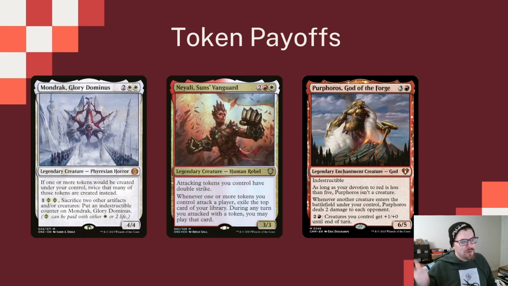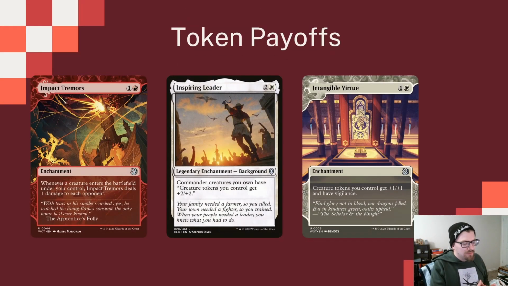Mondrak to double up on the tokens. Neyali to give them double strike. Purphoros deals 2 damage to each opponent anytime a Sand Warrior comes in. This plus Hazezon will be 4 damage every time a land comes in. Impact Tremors deals 1 every time. Inspiring Leader and Intangible Virtue